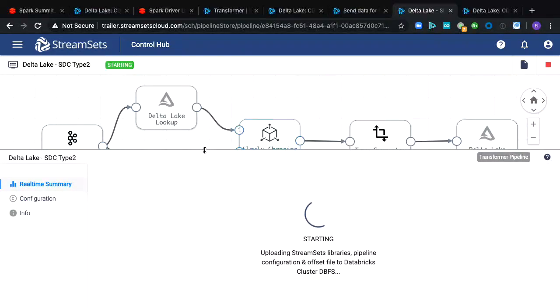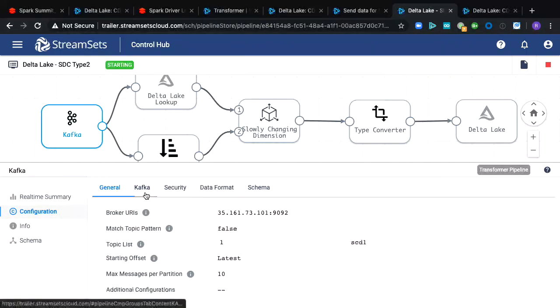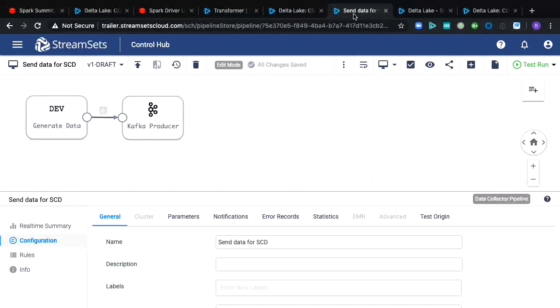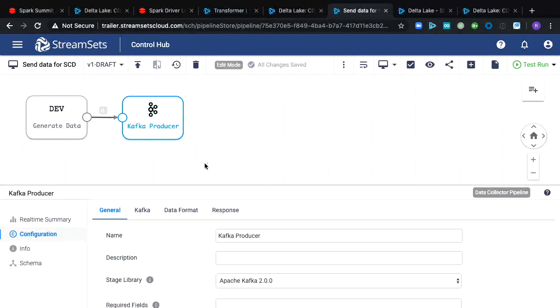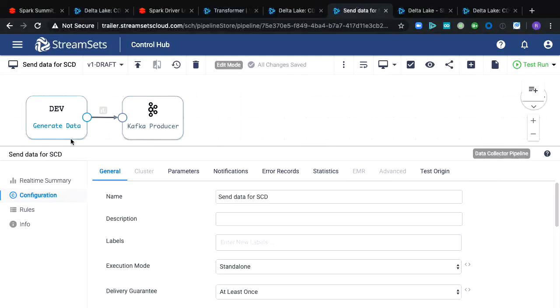Now in this case, what I'm doing is, to keep it simple, rather than using MySQL, I'm going to simulate data to show you how you can, again, use StreamSets to test and debug on your side, right? So it's going to read from Kafka with a topic name of SCD1. And I have another pipeline that's going to feed that topic, so SCD1. What I'm doing in this case,